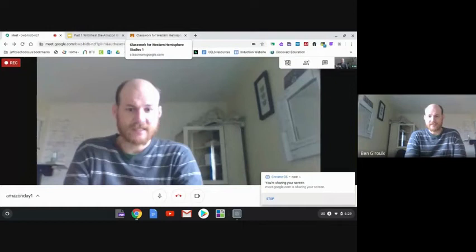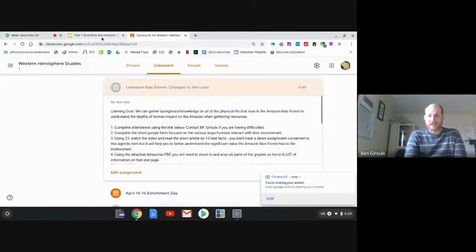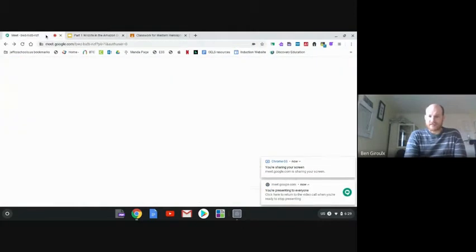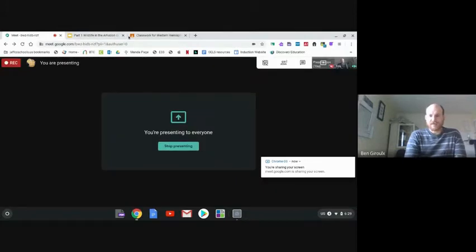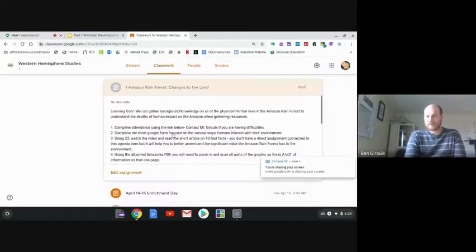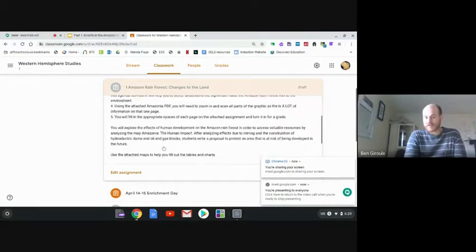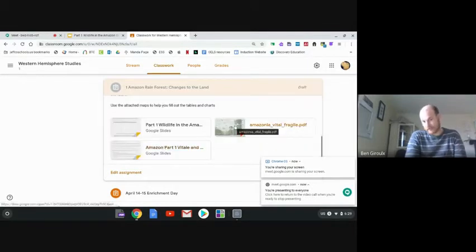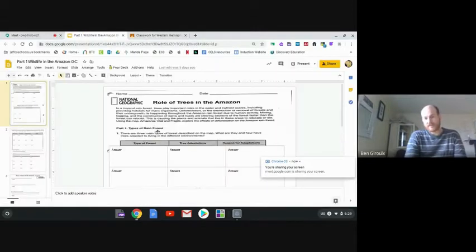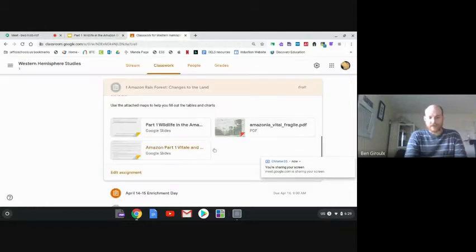But I wanted to go through how to most effectively use the attachment. Here's the downside, guys: you might not be able to download the PDF attachment that you can see right here. But what I did was I actually went through, with the assignment that I'm expecting you to do for the beginning portion of our Amazon rainforest unit,